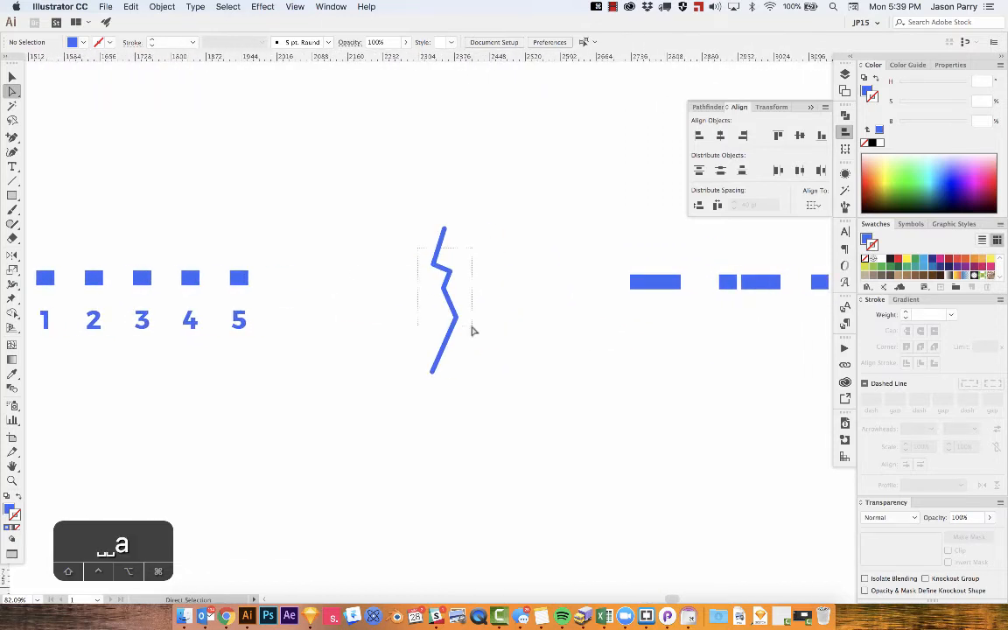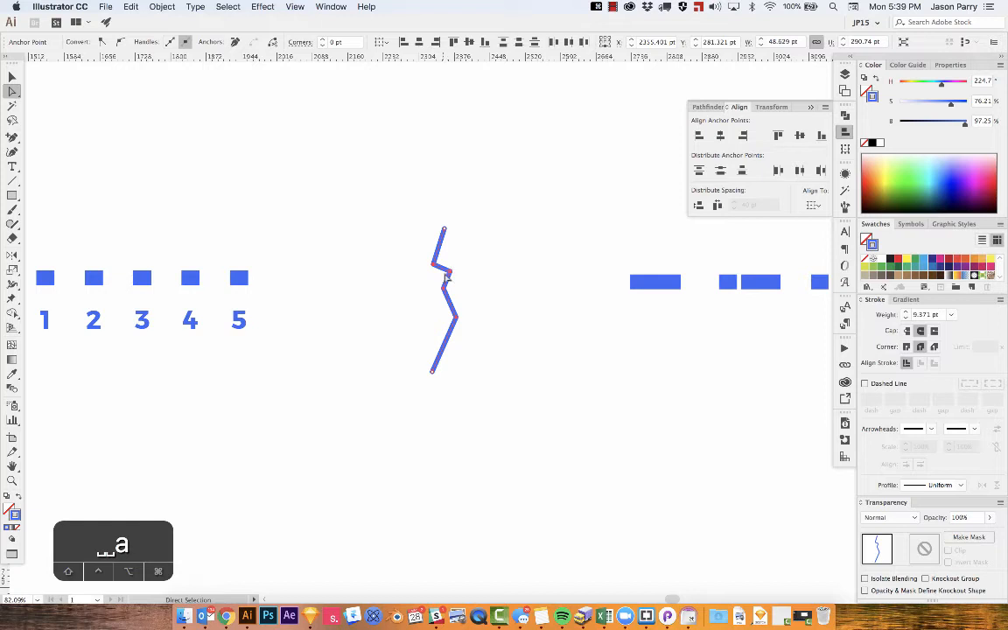So this works with points on a path also. If you want all of these points to be distributed along the path evenly, I can just hit distribute vertically. Now the spacing here is equal. If I want all of the points of this path to be distributed equally, then what I'd have to do,